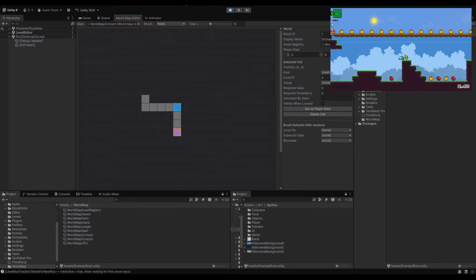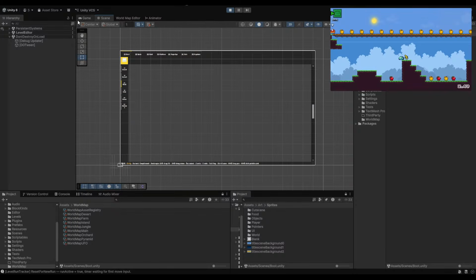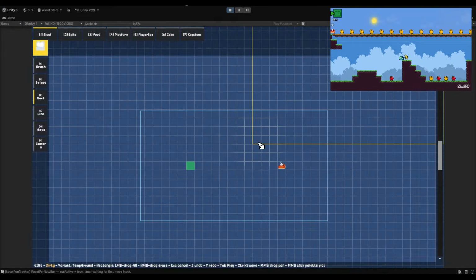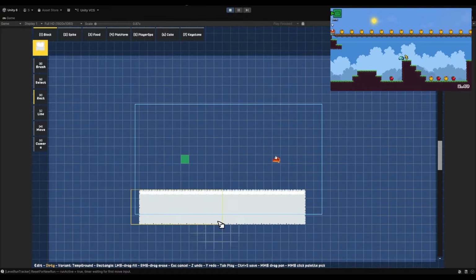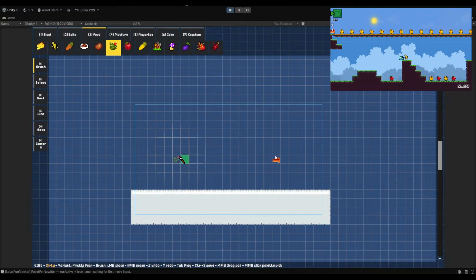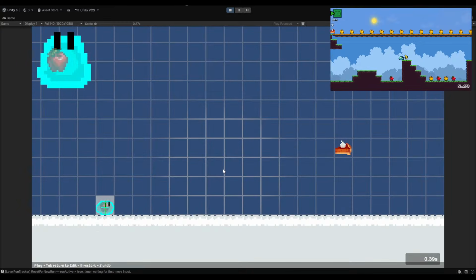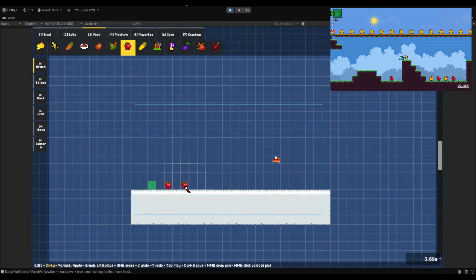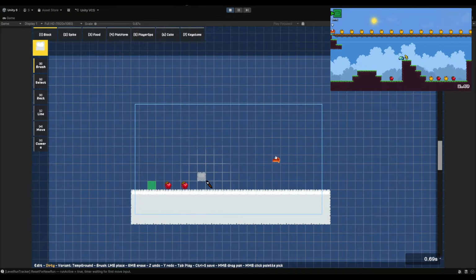Let's start designing some levels for orchard themed maps. I almost hit stop. Don't hit stop. Go back to game. Okay, that's another thing I have to fix. There we go, rectangle. So this is going to be the first map that showcases Apple. So let's have that there. Let's move player there. Apple is a dash food, so players should be expected to use it and see that they dash. I'm always going to probably put 2 food for the first time a food is shown. That way they can test both.